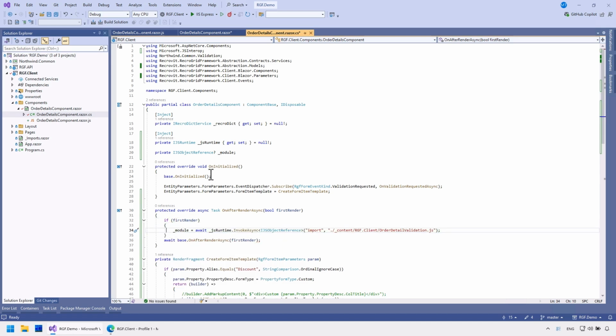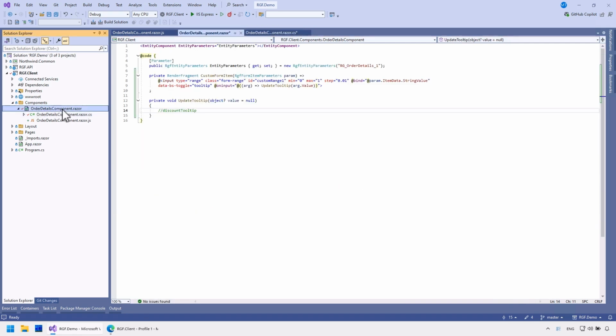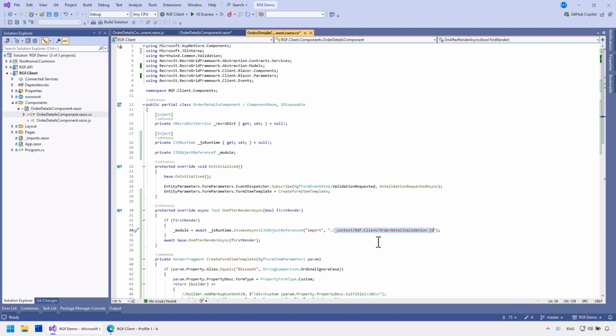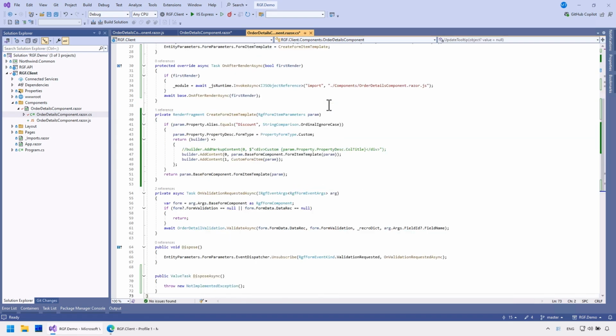This is almost correct, except the path and the file name are wrong. I will take some time to implement the dispose in this demo as well.